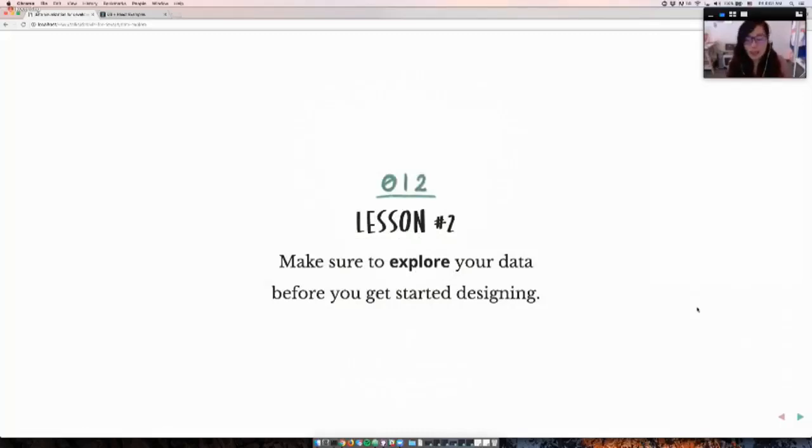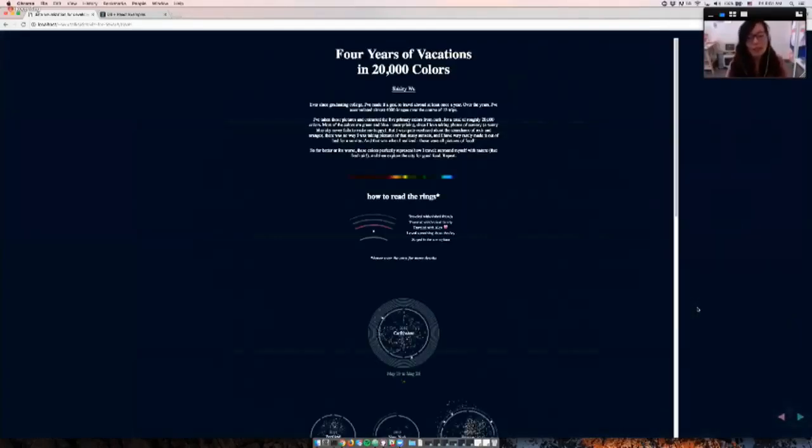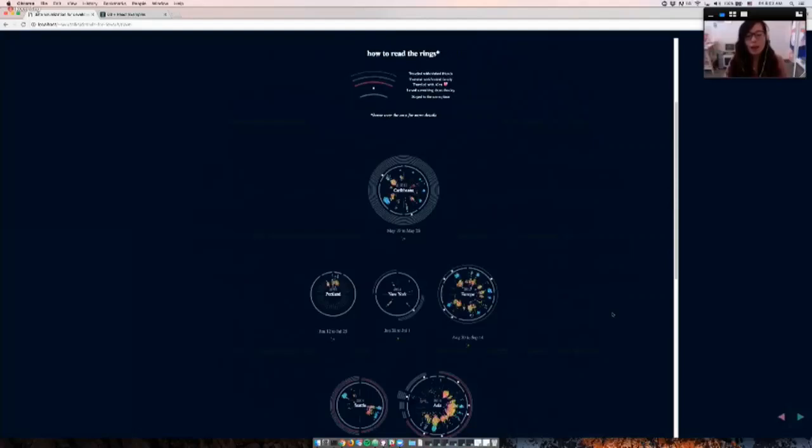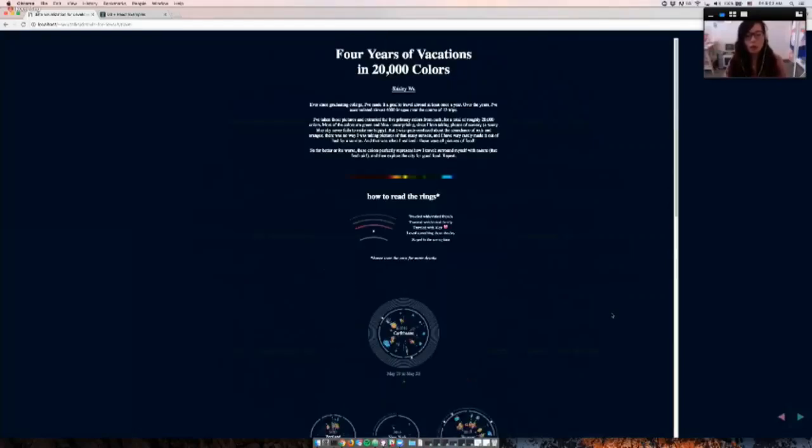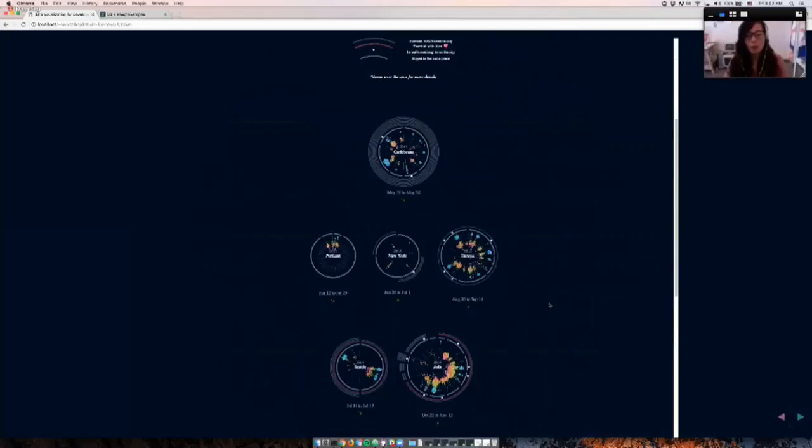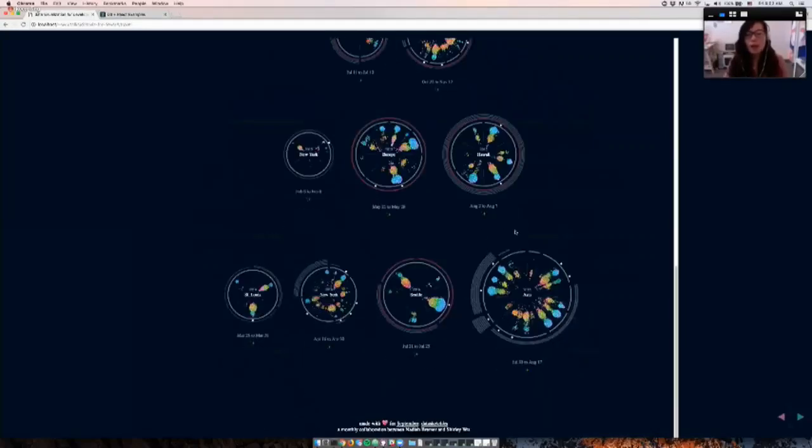So once we have the data, we have to make sure to explore that data before we get started on the designing. This is a side project of mine called 4 Years of Vacations in 20,000 Colors, where I take all of the colors from all of my past trips, I group them into the trip that they were taken on, I arranged them by the day of the trip that they were taken on,